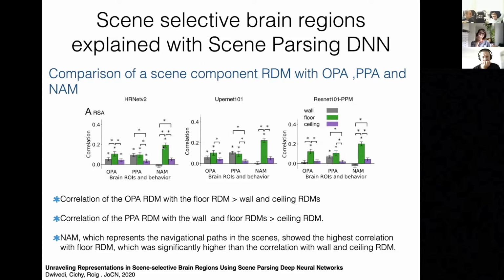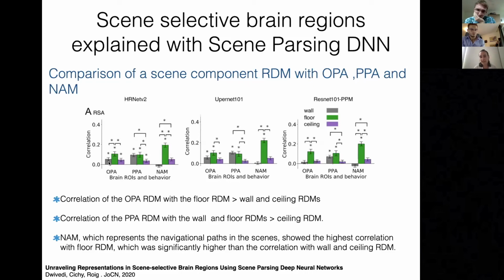Here, not surprisingly, floor is the one that correlates best with the behavioral model, because when people outline the images for the places where they think they could navigate, of course, it's always on the floor. So there is a high correspondence here, and a bit with the ceiling. The intuition is that ceiling and floor are usually kind of parallel, so there could be something there. And for the rest,